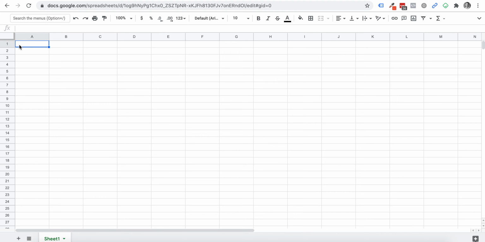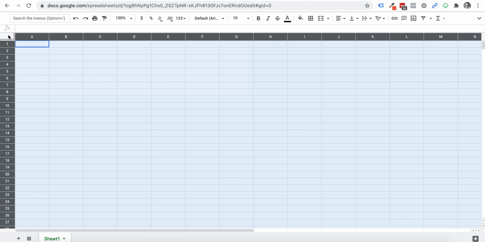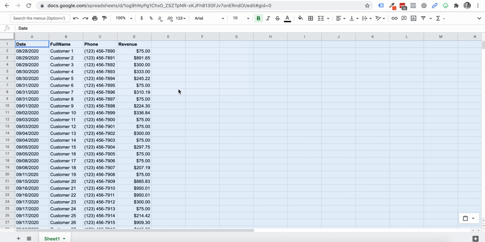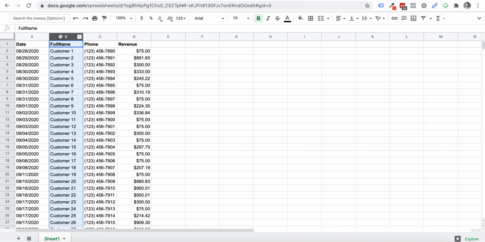revenue per service ticket. So I'm going to go ahead and just paste in some information from a real account. This is information from an account from a business that we manage. You can see that I've given fictitious or fake customer information for the sake of